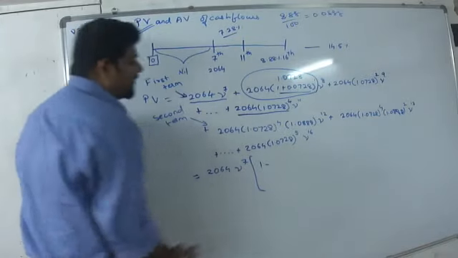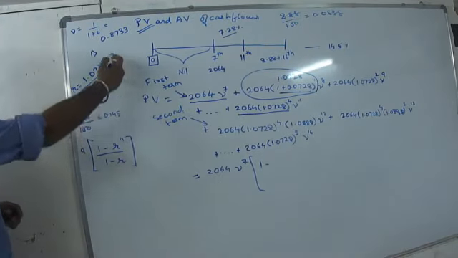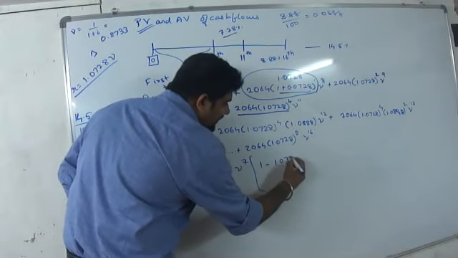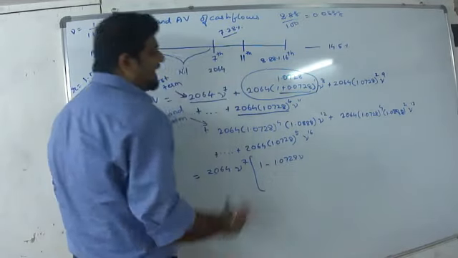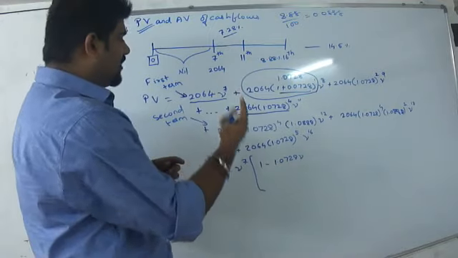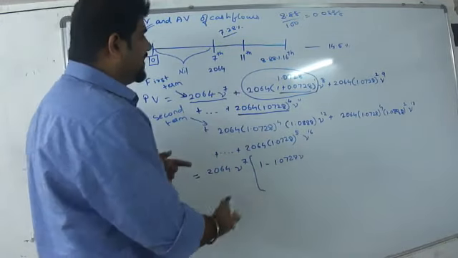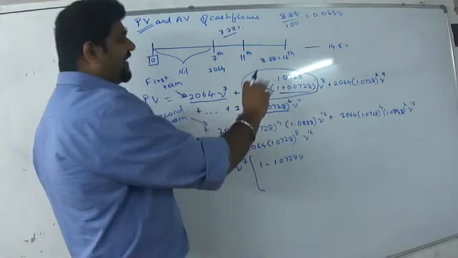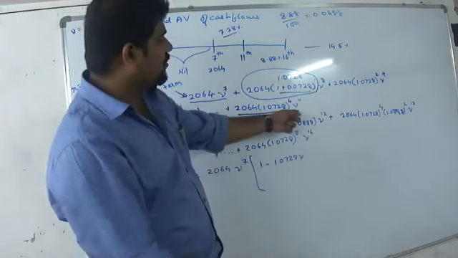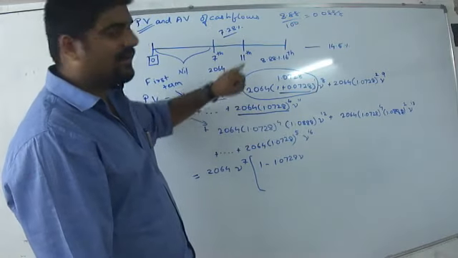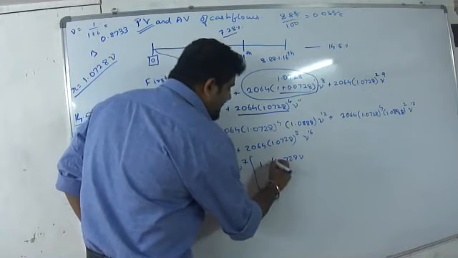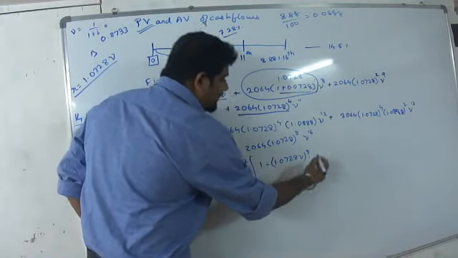So 1 minus, what is my R? 1.0728 nu, and it will be raised to which power n? How many n do I have? 1, 2, 3, 4 and 5. 5 years increase ho raha hai na? From 7 to 11. 7th is also there. 7th, 8th, 9th, 10th, 11th. 5 years increase hai. I will raise this entirely to the power 5.